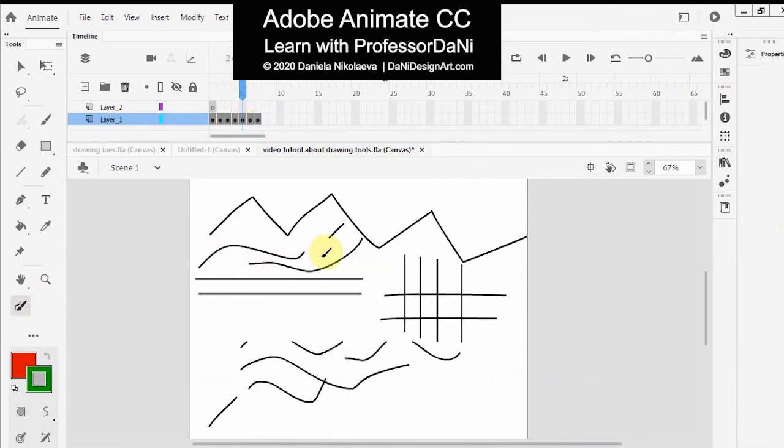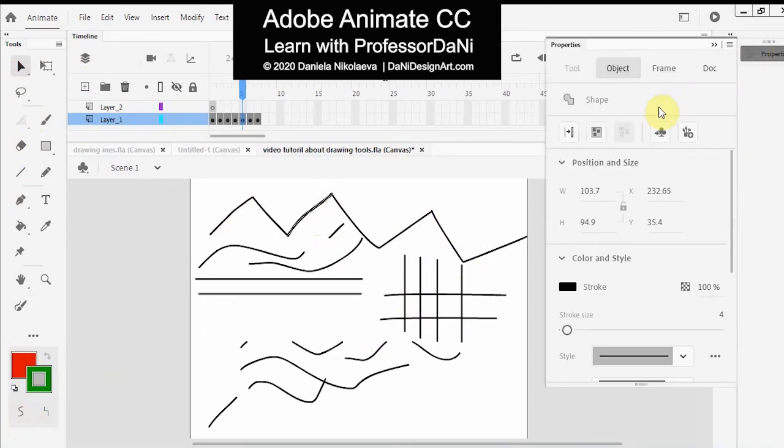And now I want to show you, after you have drawn your lines, how you can improve them even more. So let's say I like these lines. Remember, I drew this holding down the shift key, but this is still not perfectly straight, right? So I can straighten them additionally with the selection tool. So choose the selection tool, click on the line to select it, and I go to the properties